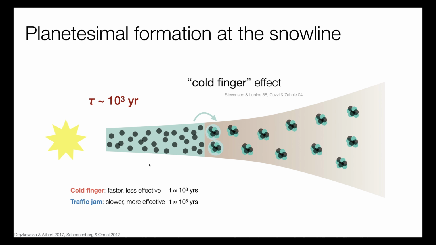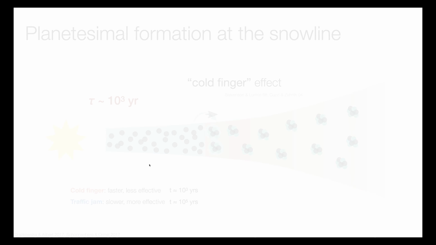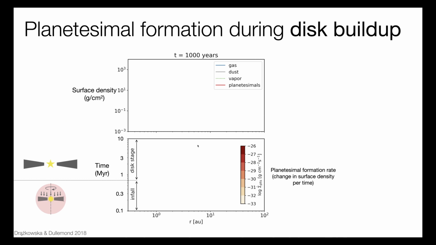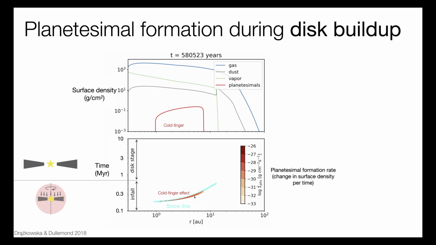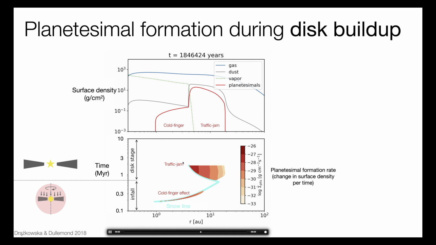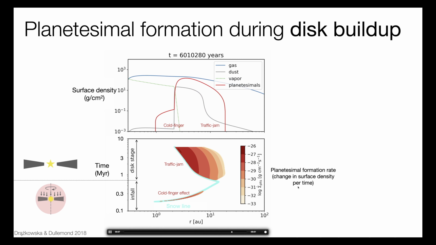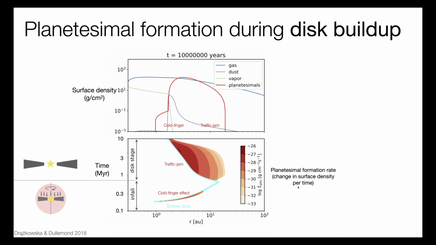Here you see a video of the buildup of the 2 consecutive planetesimal formation bursts in this disk and dust coagulation scenario. You see the movement of the snowline from the infall stage to the class 2 disk stage. The subsequent planetesimal reservoirs form, which differ in their formation times and orbital spacing. The first planetesimal reservoir forms mostly due to the cold finger effect. Let's call this reservoir 1.